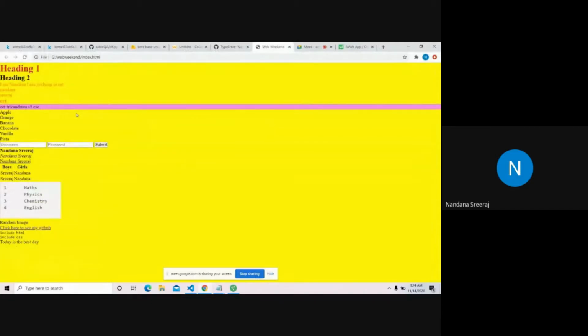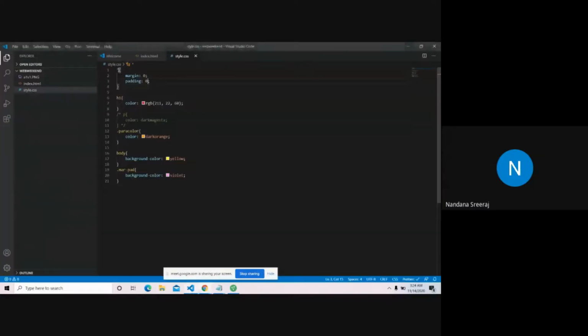It became kind of crumbled now, because by default HTML gave us a little bit of margin and padding to give a little spacing and make it look better. What I did is that I used a star operator. Star operator means we are accessing not just the body but the entire thing. So using the star operator, I gave margin 0, padding 0, setting all the defaults to 0 so that I can give my own margins, whatever I need.